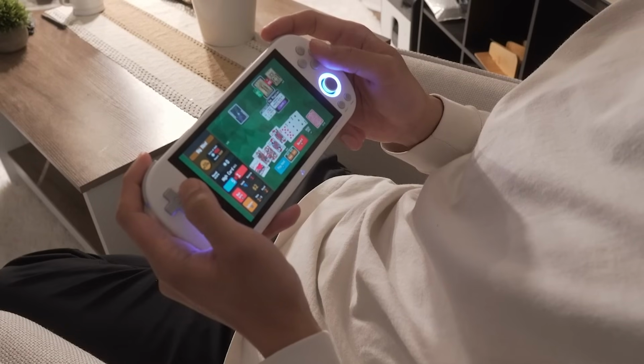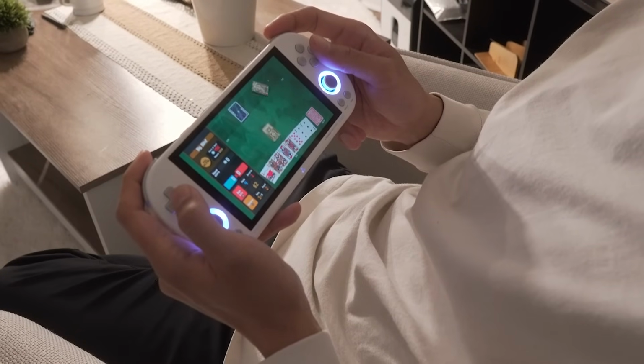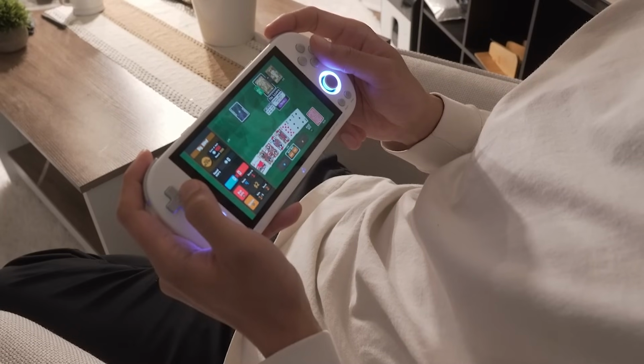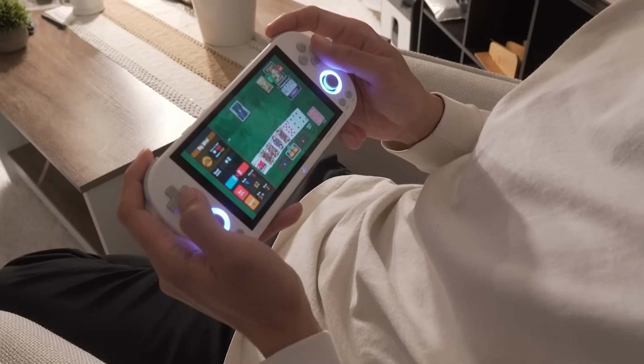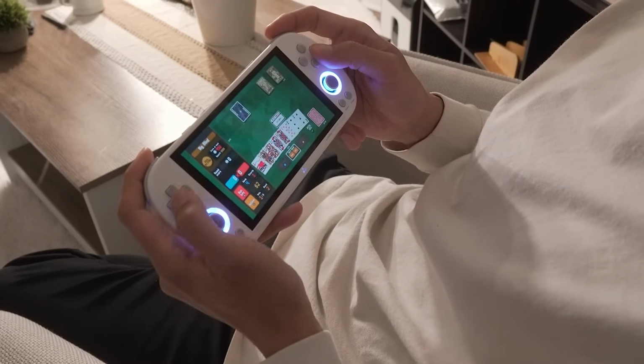Overall, the Smart Pro's combination of customization, smooth navigation, and extra functionalities transform it from just a handheld gaming system into a full-fledged portable entertainment hub. So, is the Trimui Smart Pro worth it? Well, if you're looking for a budget-friendly handheld that blends retro nostalgia with modern convenience, then this is definitely a